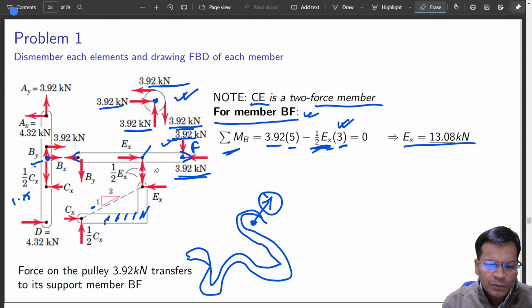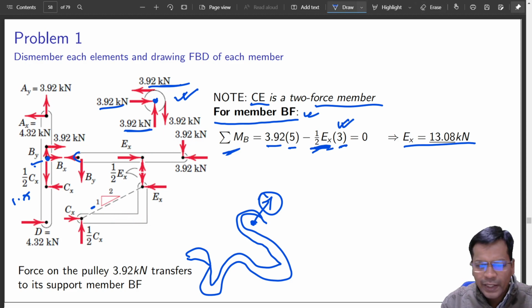You can do trigonometry, but as long as you know the direction already, this is the direction of force and I know the ratio, this is 2 and this is 1 because this was 1.5 and this was 3. So it is a 1 to 2 ratio, it was already there. So I know this direction. If you take sine and cosine, it is equally good. If you take tangent, it is again the same. But the ratio of horizontal to vertical is 2 to 1. So that is the reason.